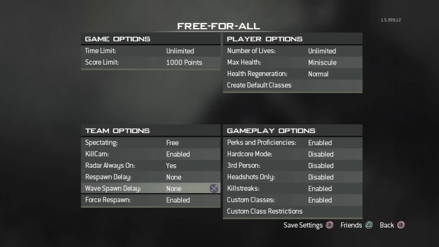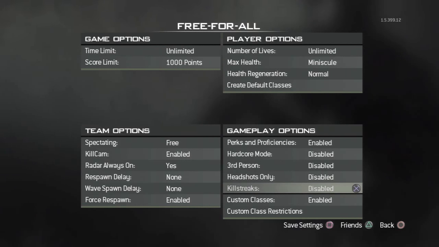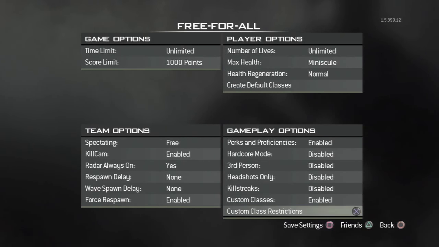Spawn delay, you want to leave that on none. Wave spawn, none. Force respawn, enabled, that way they just don't be in limbo forever. Perks, of course you want perks. Hardcore, disabled. Third person, disabled. Headshots, you don't want headshots because then you could never kill anybody, honestly. Kill streaks, you want those disabled, like I said, because you're not trying to go for kill streaks, you're just going gun on gun. Custom classes enabled, and here's where these come in handy with create-a-class defaults and